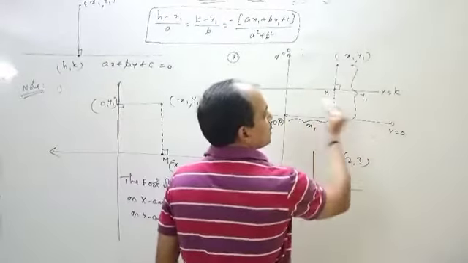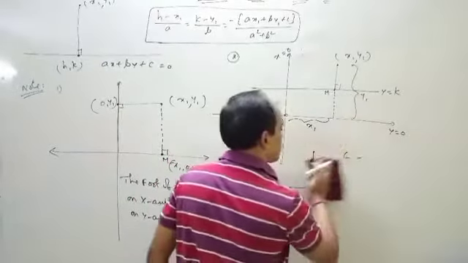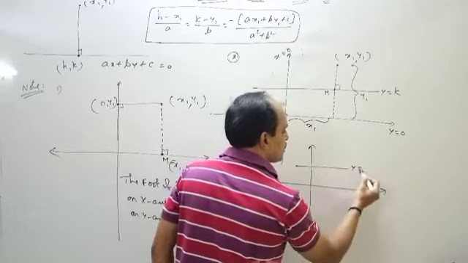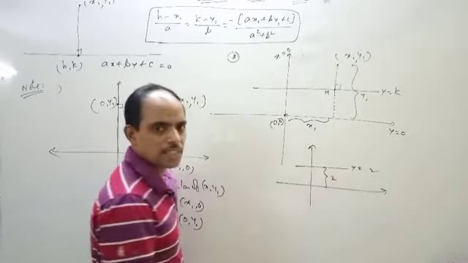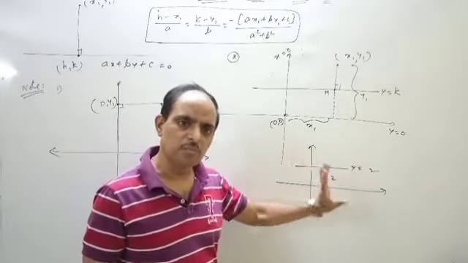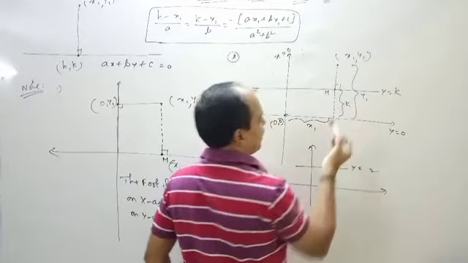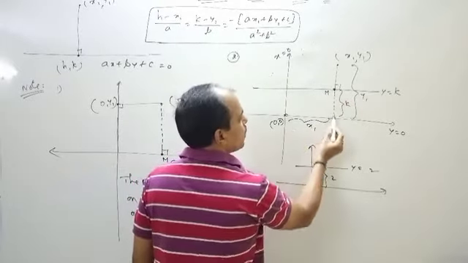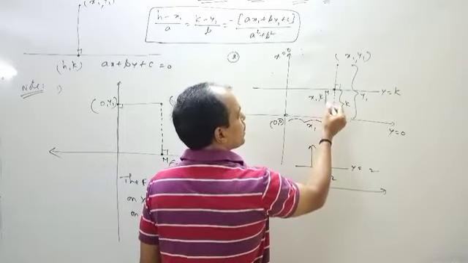So what about this line y = k? It is at a distance of k units here. I will explain. Here there is a line, the x-axis and y-axis. y = 2 means this line is at a distance of 2 units, the same distance. That's why the y coordinate becomes only 2. Now y = k means this distance is k. Now what about this point? This is nothing but x1 and this is k. Now M = (x1, k).